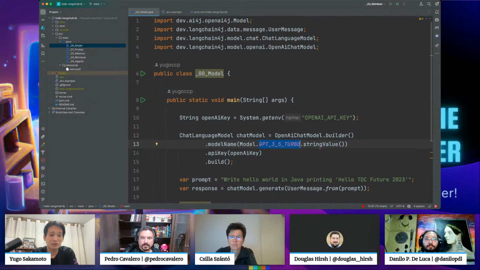But if you want to use GPT 4, I don't know, do we already have GPT 4 openly available? We do still need to pay for the pro version. Only paid. Only paid. So that's why I'm not using the 4 for this example.